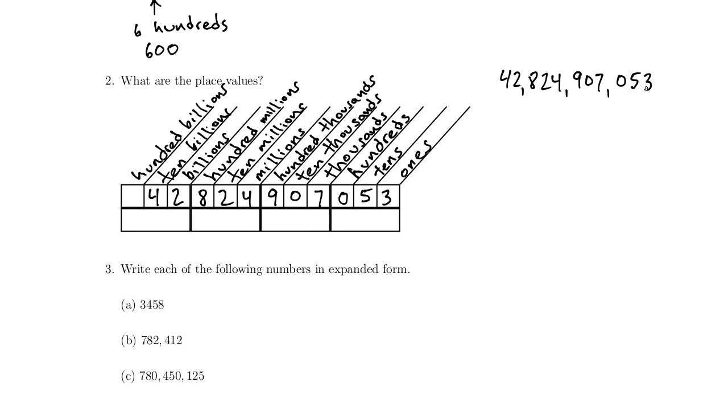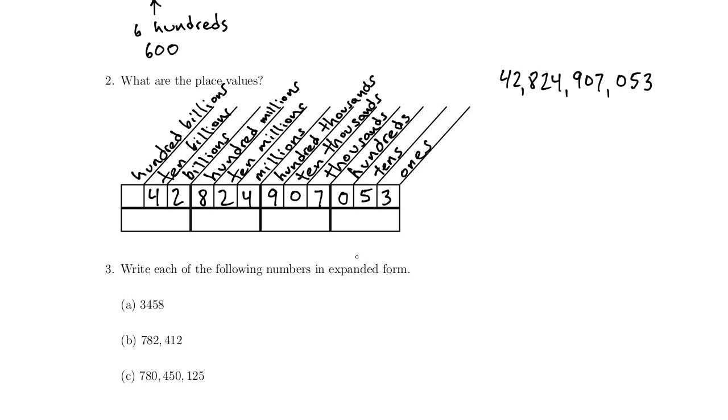And now you notice the number is broken up into groups of 3. Each group of 3, these keep going over here. If we kept going, after billions, there's trillions and so on. So we keep going, but this number stops in the billions. All numbers are broken down into these groups of 3, and each group of 3 is called a